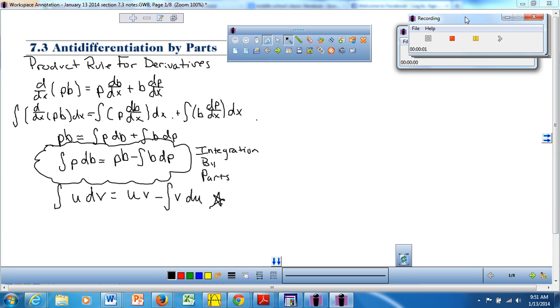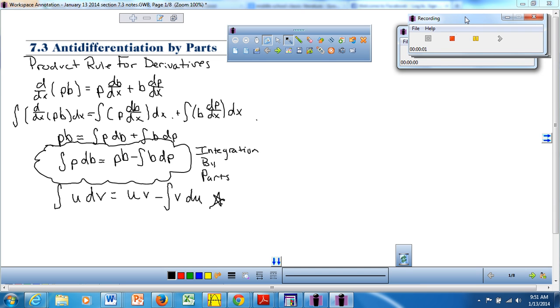Don't write them yet, put your pencils down. Let's just talk about where integration by parts is coming from first. This is in your book, but it's always a good idea to know where something is coming from. So, I'm telling you we use integration by parts when there is a product rule applied. So let's look at the product rule